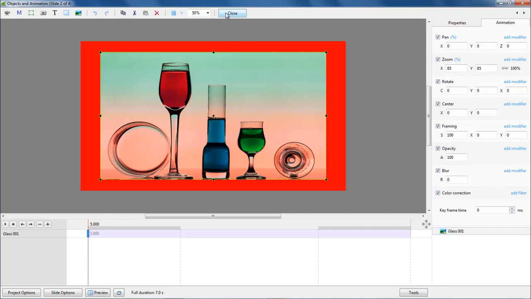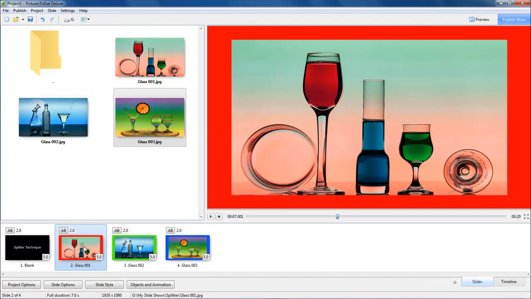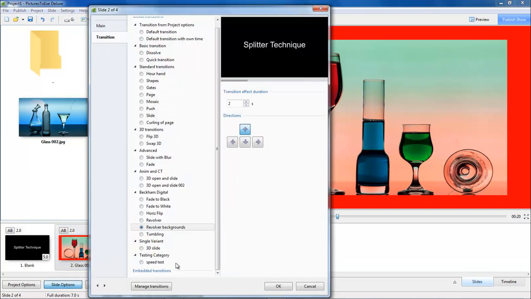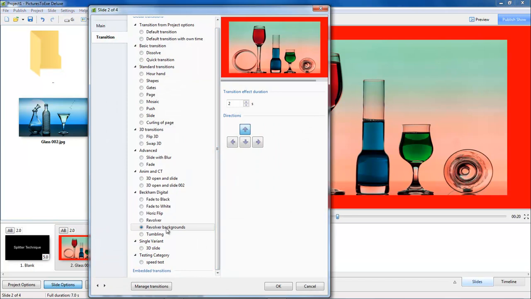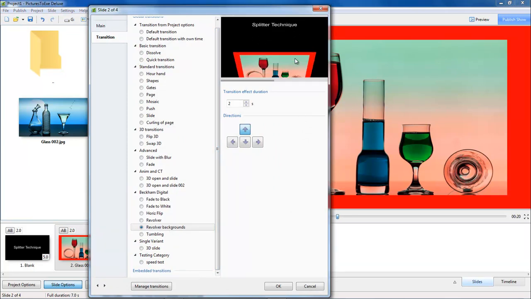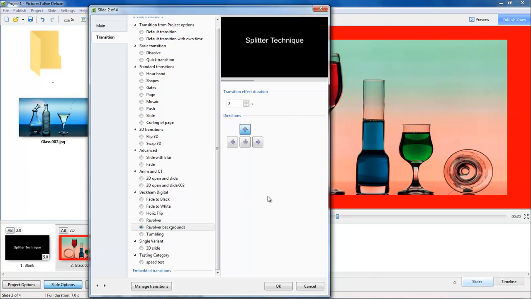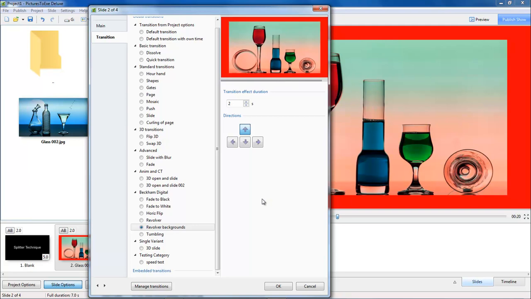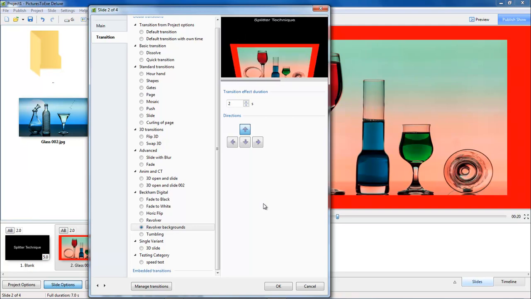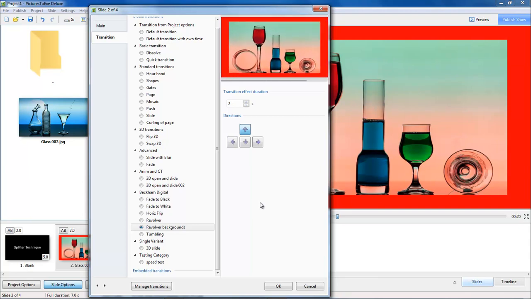Let me close down the objects and animation screen, because to each of these images I have applied a custom transition. Now let me take you to that. Slide options. There's the custom transition that I've used, and you can actually see a thumbnail example here. In fact, it's already demonstrating the problem that I'm highlighting here. You can see as the image goes through the custom transition, the background moves with the image and doesn't look